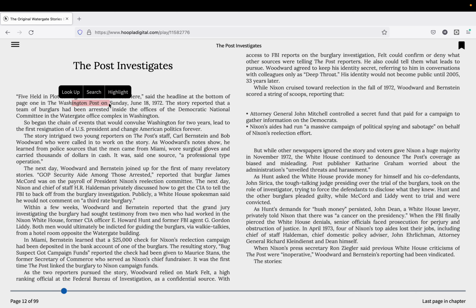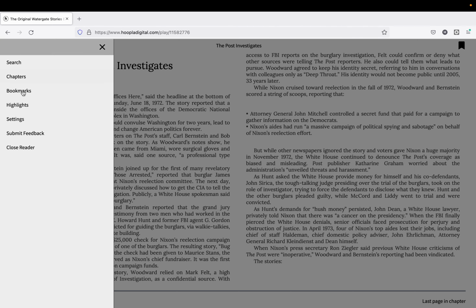We can also highlight. If we drag our cursor over a section of text, it's going to give us a highlight option. We can highlight this yellow, blue, green, etc. It's going to remain highlighted. If we weren't sure, we could also look up what something meant or search for it in the text.